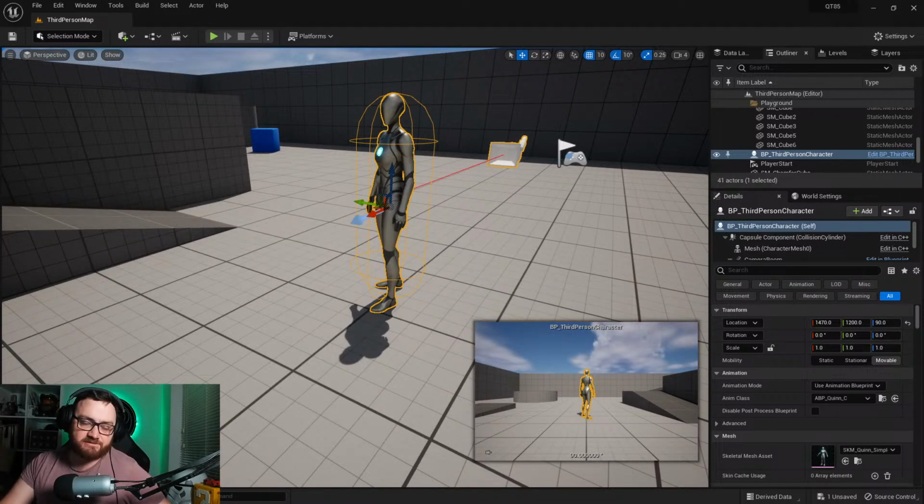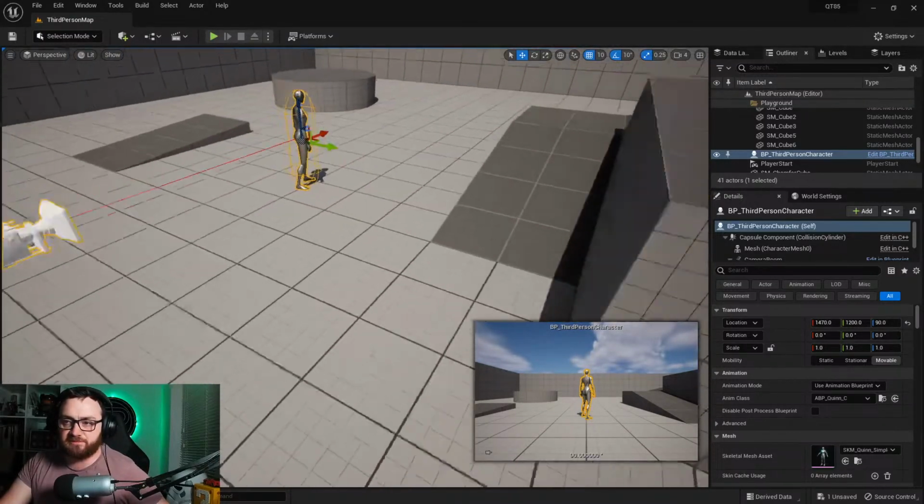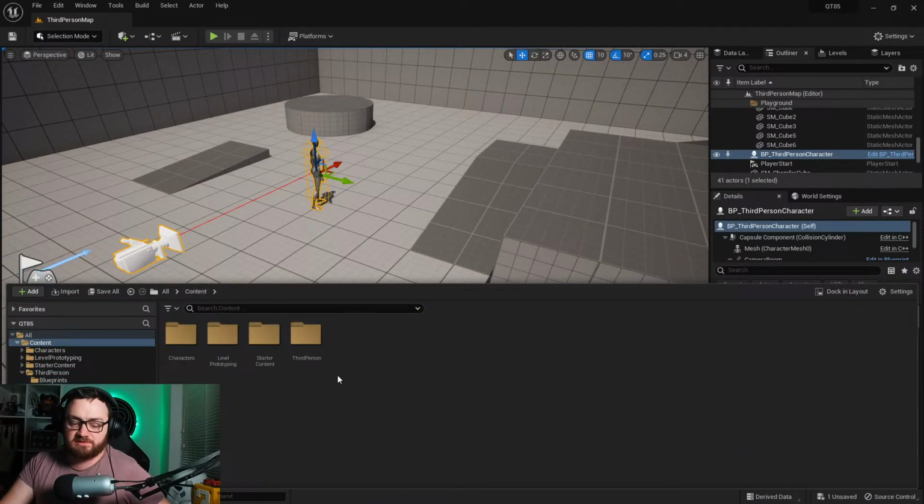Ben: make a data asset inventory system. I mean, you could do. The thing with an inventory system, we can't do it all now because it's going to take too long. But a data asset is just a replacement of a data table. So everything you're seeing with data asset is the same as data table. So rather than storing row names, you're storing assets in an array or struct or whatever it is you're doing. So you can quite easily take the same tutorial system that I showed you how to do and replace it with data assets. All you're replacing is the get table row stuff. So rather than